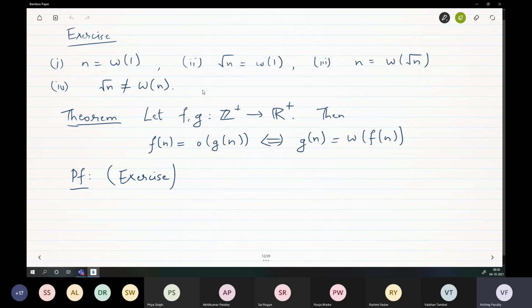And then the other way around. So n is little omega 1 because 1 is little o of n. Square root n is little omega 1. N is little omega square root n because square root n is little o n. Right? And for the same reason, square root n cannot be little omega of n. Okay. And now once again, just by looking at the limit of the ratio definition, you can prove that f is little o g if and only if g is little omega f, just as we had in the big O, big omega case. Okay, that's what this is.